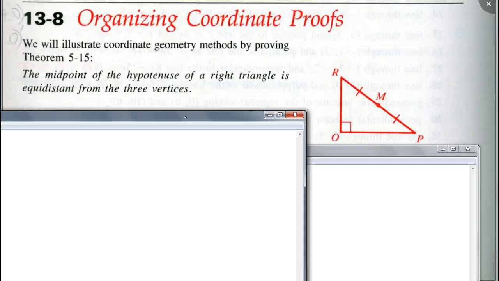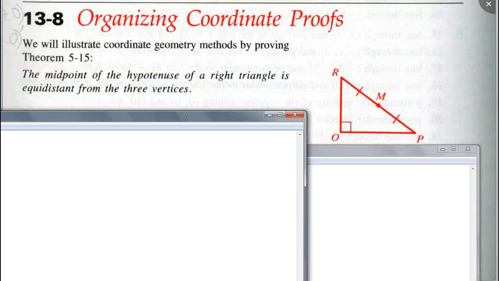To do a coordinate proof, we have to first use some of these things that we learned. Let me go back a little bit. You know how when we proved the midpoint of a point, or equations of linear equations, or some of these theorems, we proved these theorems using algebra and so forth. That's what we're going to be doing with these kinds of things. So in a coordinate proof,